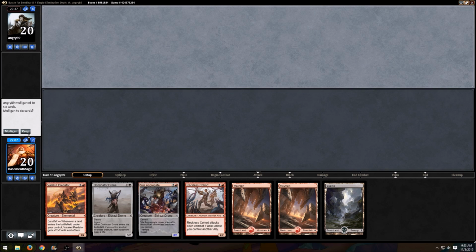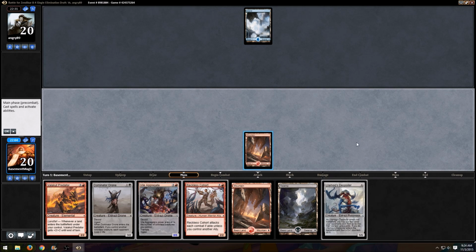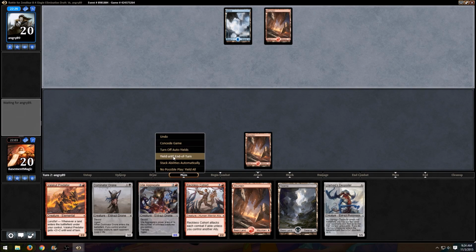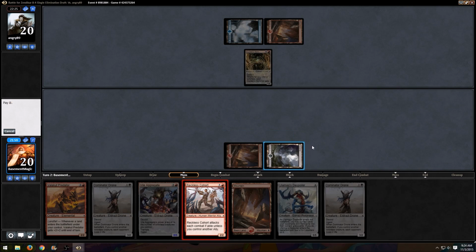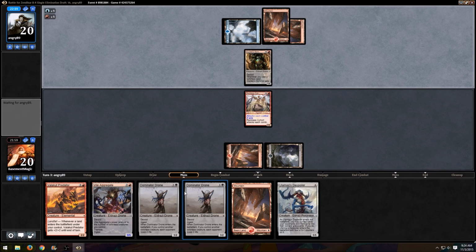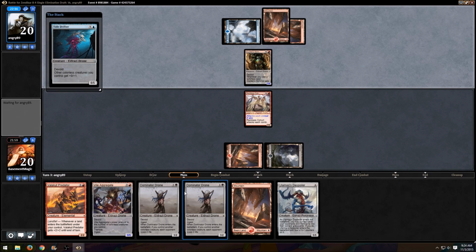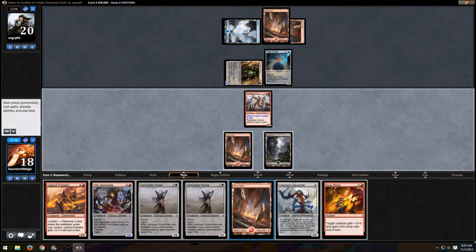Looks like a decent starting hand. Our opponent has mulliganed, and he kept his 6-lander. Put the card on bottom. Oh boy, lots of big butts then. Ooh, that actually...